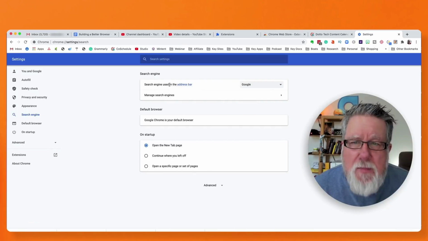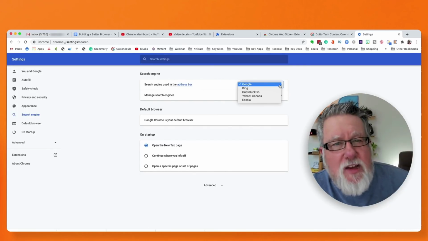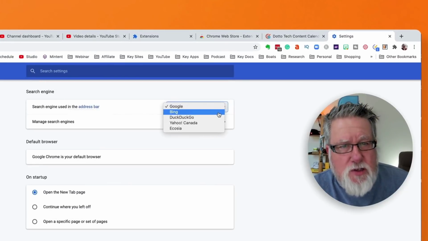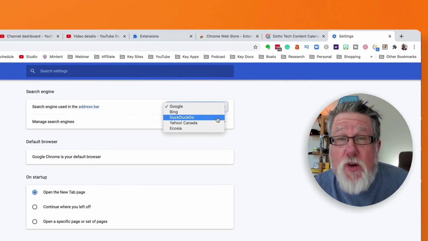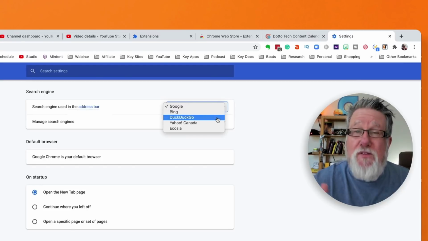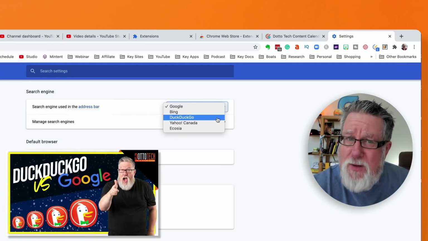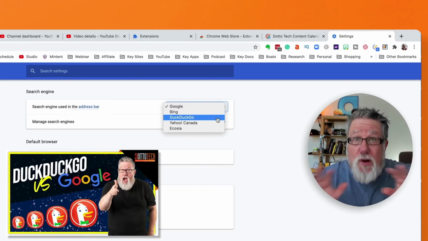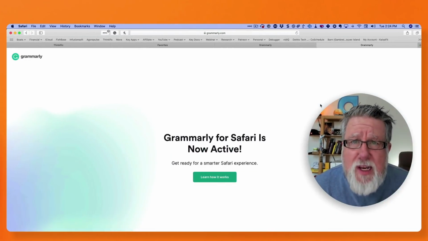It allows me to manage and to use, rather than Google as my main search engine, Microsoft's Bing search engine, or DuckDuckGo, which is a much more secure and private search engine that's available, which we also, by the way, have a video on YouTube about, which I will share with you, showing how you can protect your privacy more by choosing the search engine. So regardless of which browser you use, you have the ability to choose.